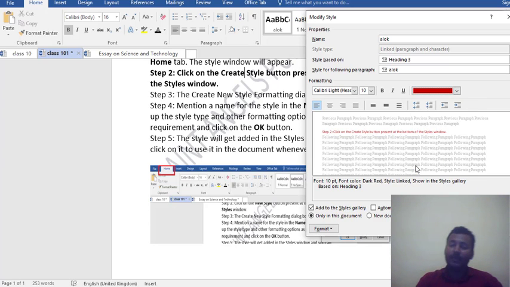Okay, and when we make those changes, then we click on the OK button.